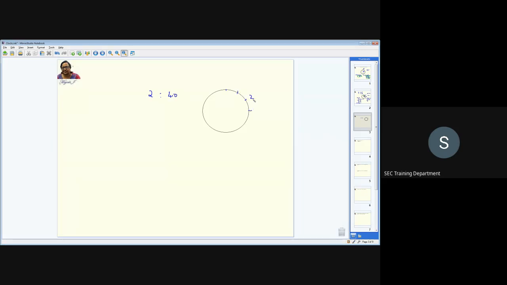So this is 2, then this is 3, this is 4, and then 6 is here, 7, 8. Your minute hand is going to be here at 8 exactly because it's 2:40, and the hour hand somewhere here. Initially I will assume 2 and 8. It's at 2 and this is going to be 40. So how many divisions are there? 8 minus 2, there are 6 divisions. Clear?